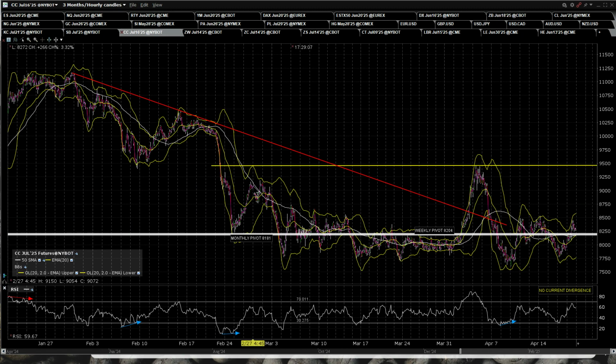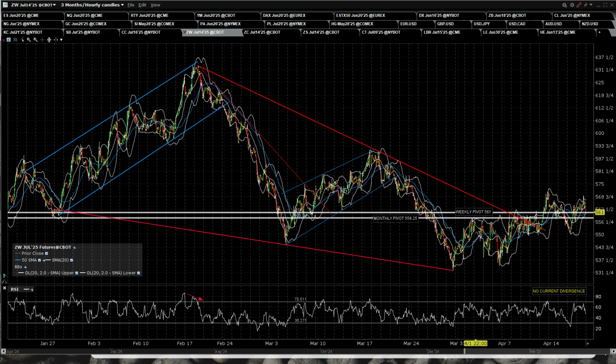CC, potential double bottom here. Not been making a lot of progress off the low. Kind of looks like a bear flag forming at the moment. Keeping an open mind on that too. On wheat, this looks like a bear flag at the moment. We will see. Nice looking falling wedge, which is broken up, but I am wondering about a retest of this